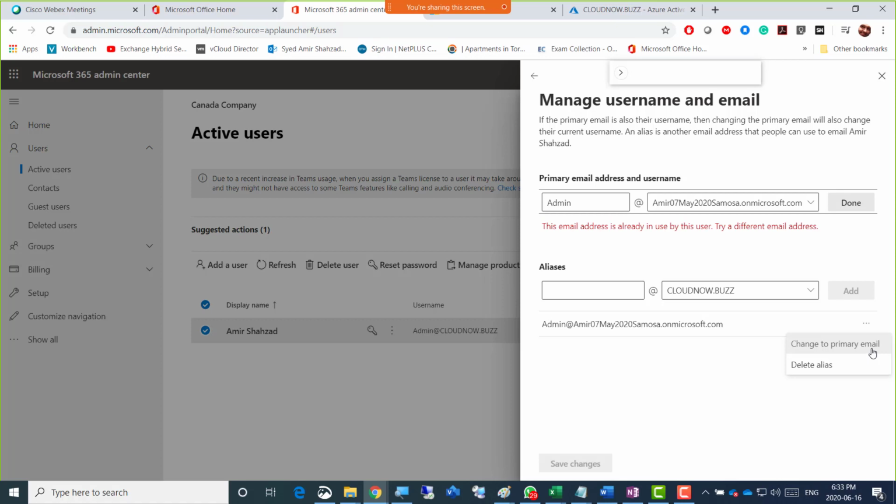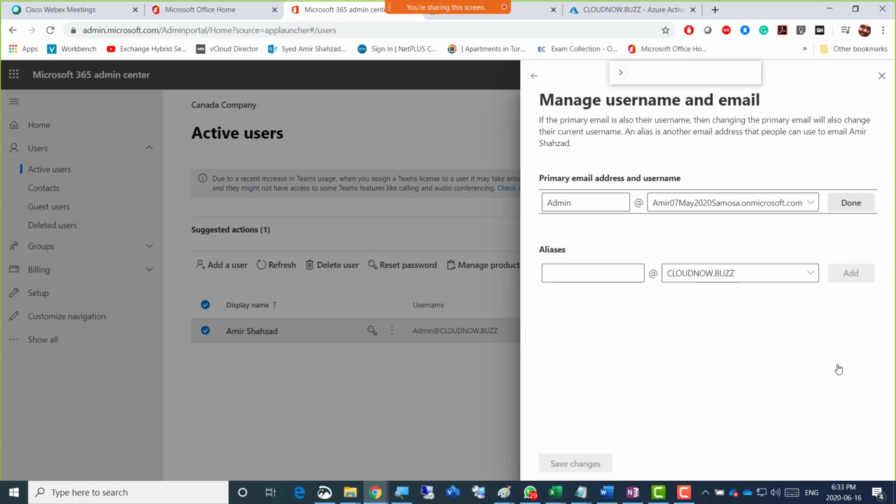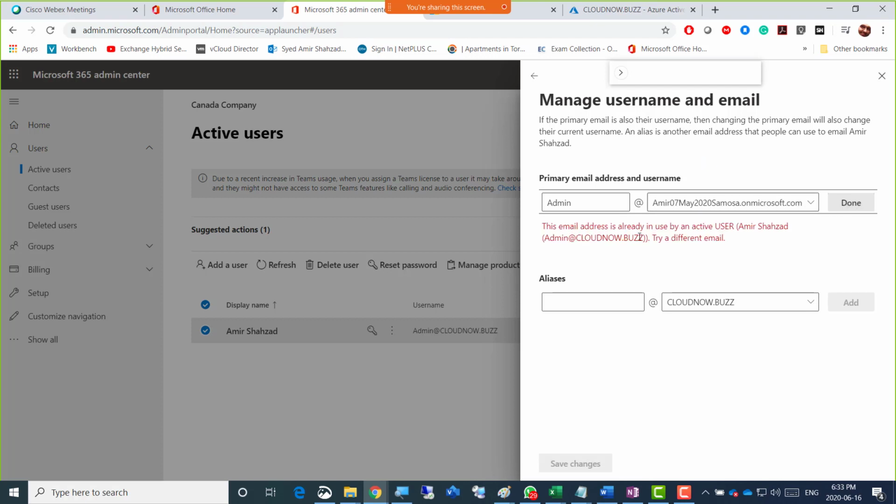So change to primary email, and delete alias. So yeah, again I am doing something that is going to, so I'll just change that to delete alias. Change to, oh yeah, it is already there. So yeah, I did that. Okay, done. That means it is already in use, right? Sign out, I did sign out. So select users and change the domains for all users to default tree. Yeah, that's what I did before as well.